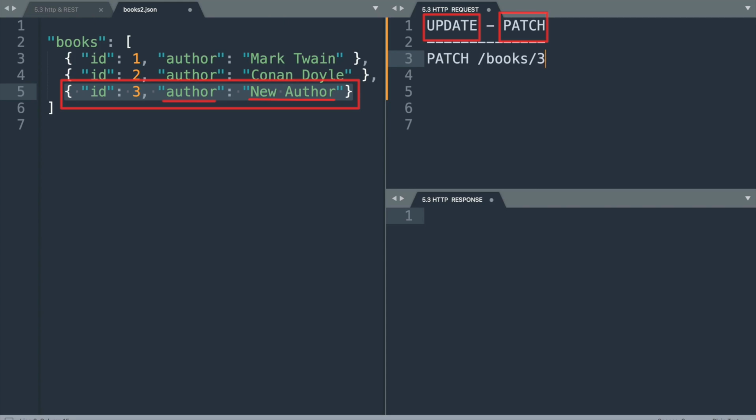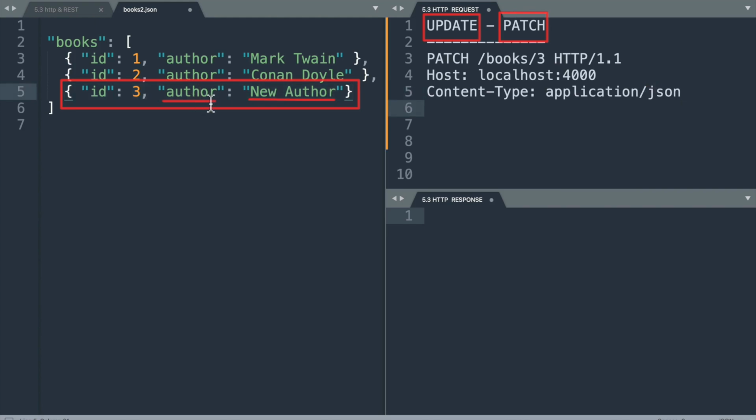/books/3, which is the ID of the book that we want to update, followed by HTTP/1.1. So that is a request line. Next we have to write our header fields. The host field is required in HTTP 1.1, so let's write that, and let's write localhost:4000, assuming that our API is running on localhost:4000, and it's always better to specify content type, so let's write application/json as the